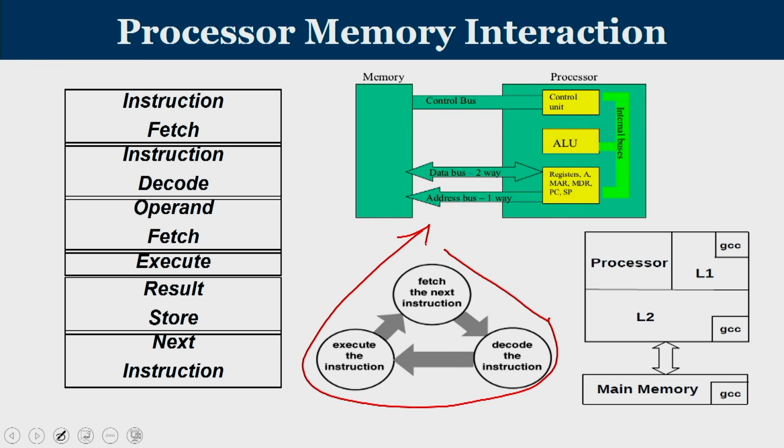So, here we can see that there is a program, let us say it is GCC, the GNU compiler. It is running inside the main memory. Since the processor is currently running a compiler, a copy of this GCC is brought into the L2 cache, and from there a copy is made into the L1 cache. So, the processor's fetching operation happens from L1 cache, and if it is not there, you go to look into L2 and bring it to L1. If in L2 also you are not able to find the desired location demanded by the processor, then control is transferred to main memory to carry out the remaining operation.